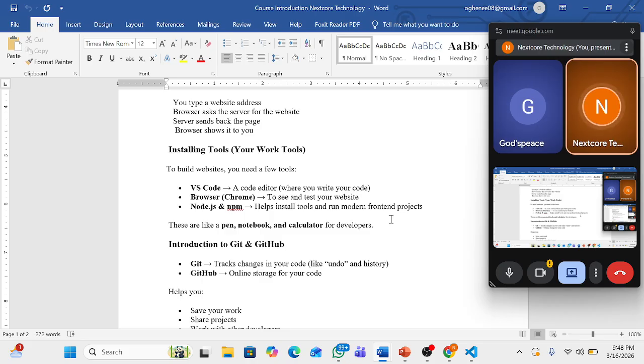So maybe for instance now, I just changed my laptop, and there are some code